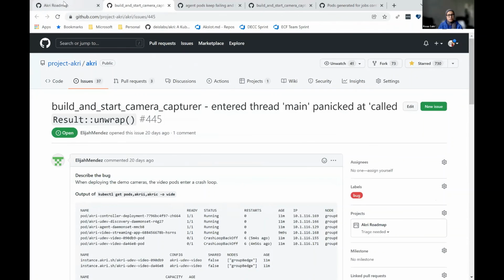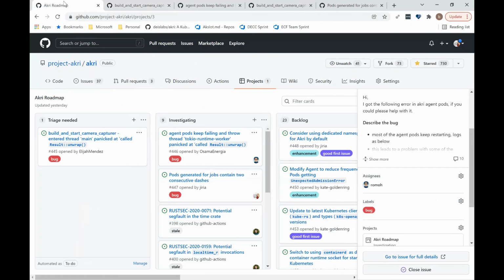Do you want to keep it in triage? I was going to say, I think we could let this one sit on the vine until we hear back. If it times out, then so be it. And if it doesn't time out and we get better details around where this is reproducing and we can figure it out, then we can address it. Yeah, sounds good. It looks like maybe Kate took a step on this, so maybe she'll have something to add at the next Akri community meeting. Okay, cool. Then that's all the issues we've got.